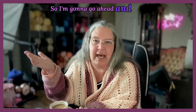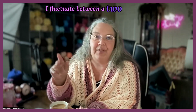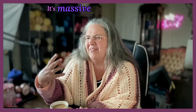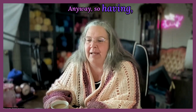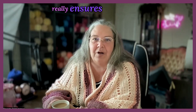So I'm going to go ahead and tell on myself. I fluctuate, and I'm talking about tops right now. I fluctuate between a 2 and a 3X. But at work, I have to get a 4X because I've got big arms, right? It's massive muscle now turned to wings. It's fine. We're fine. Anyway, having patterns be size inclusive really ensures that you make a garment that